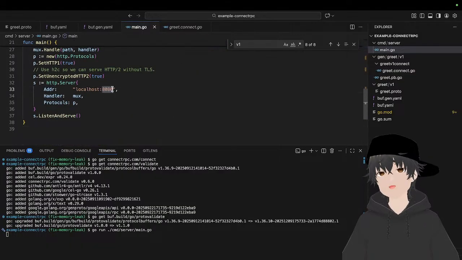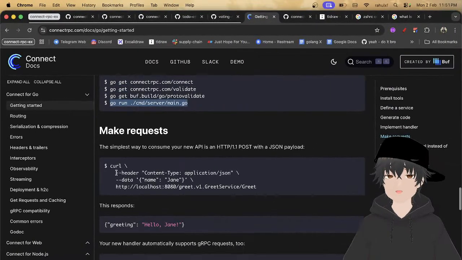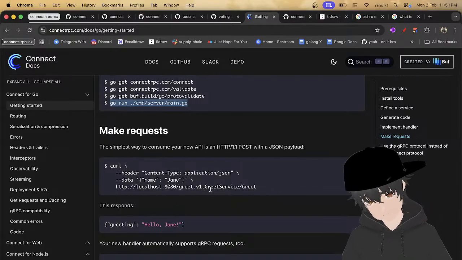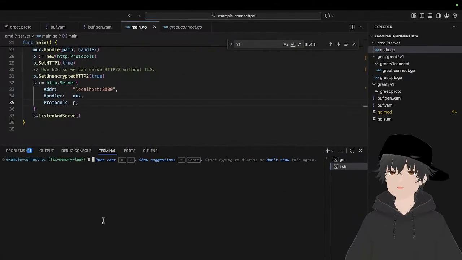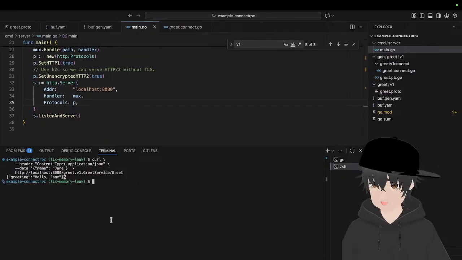You're running on 8084. You can just open one new terminal, copy it, curl this one, and then greet version 1, which takes in a greet service, and this one is a method. So we get a hello Jen because the name is Jen.